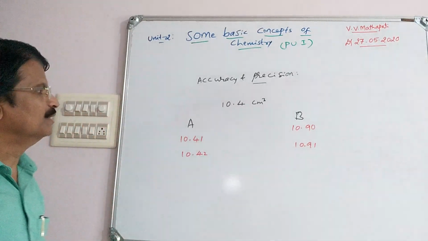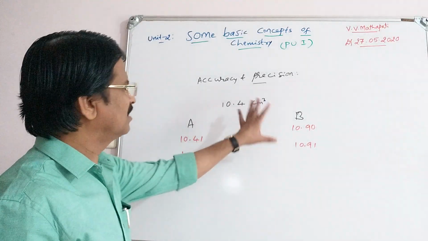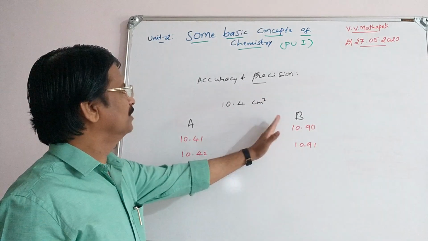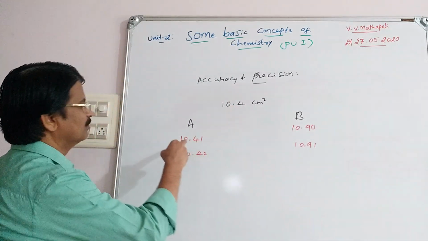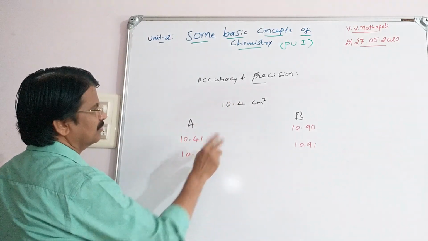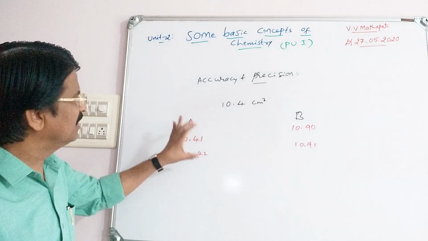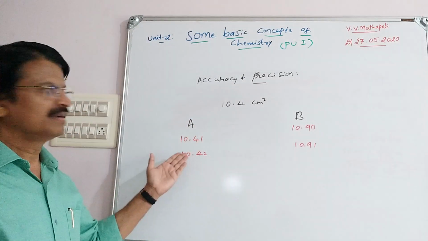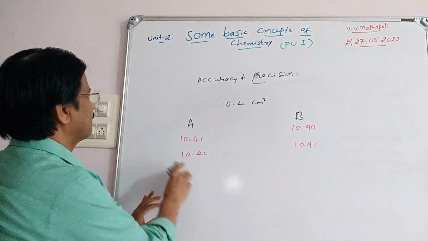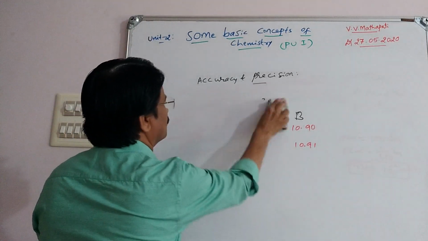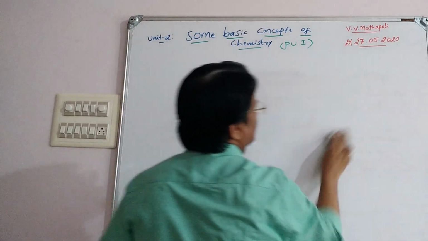You can see the values 10.4 and 10.9, but a nearer value is obtained by A. Now it is said to be what? A precise value with respect to 10.4, and the accurate value 10.41 and 10.42, with a difference of 0.01 and 0.02. If the values are very near, that is called accurate. This is accuracy and precision. Next, significant